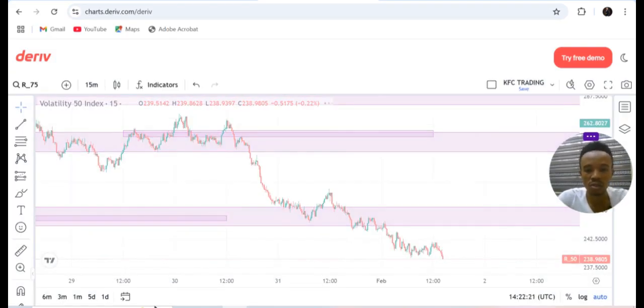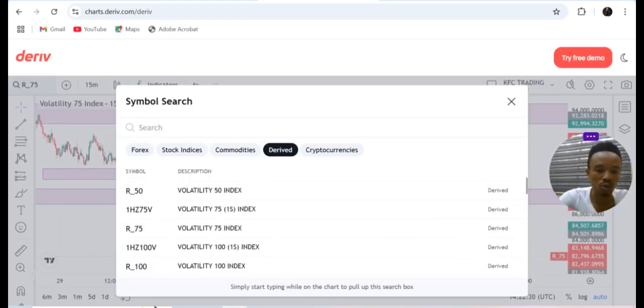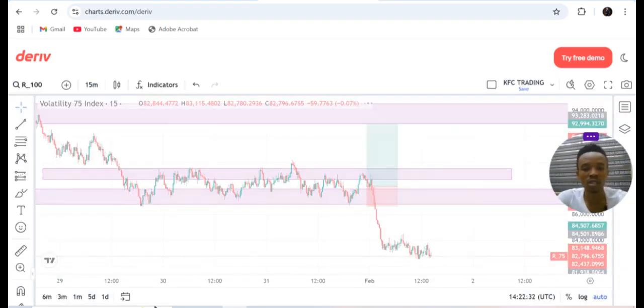Volatility 75 got us induced and didn't play as well, so I've not found any bullish liquidity, but I'm going to be waiting for it to be formed, and once it's formed, I'm going to let you know what to do with volatility 75. Volatility 100